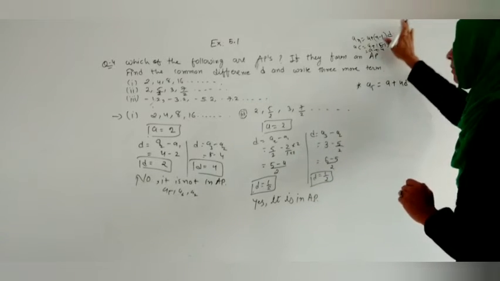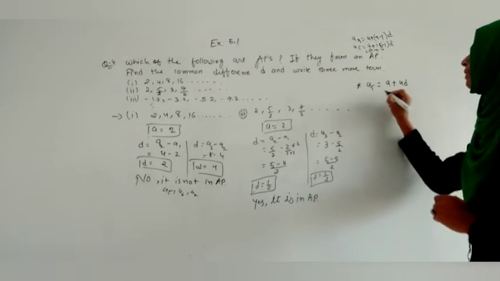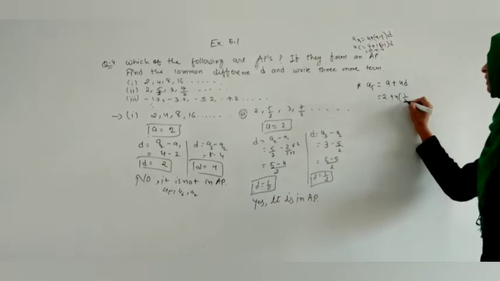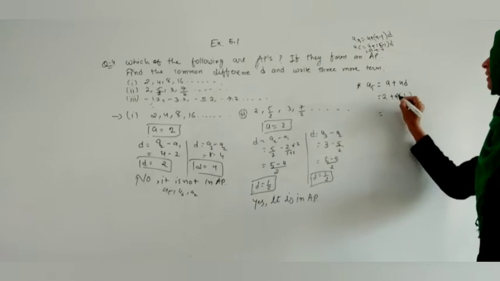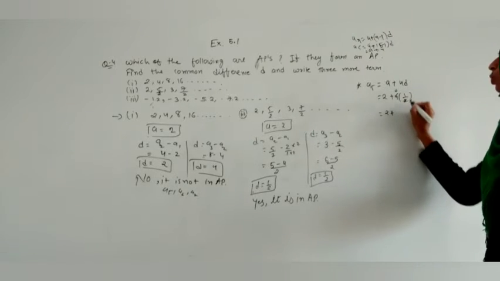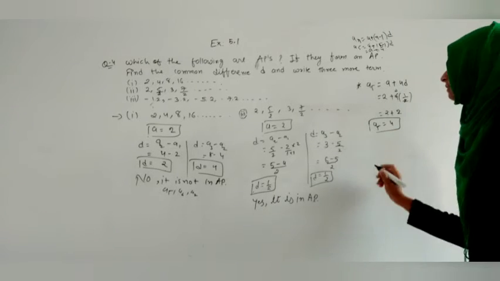So इसी तरह से हम ये क्वेश्चन को सॉल्व कर रहे हैं, तो ये यहाँ आ रहा है a5 is equal to a plus 4d. So let us write the value of a, that is 2. Let us write the value of d, that is 1 by 2. Here I can reduce it, so it will become 2 plus 2, which is 4. So here we got the answer as 4.